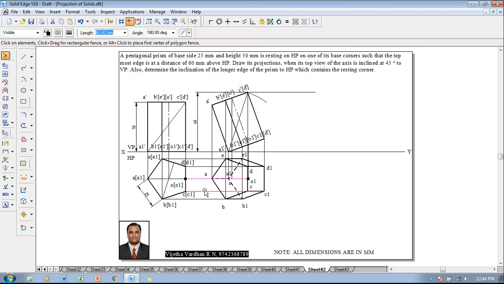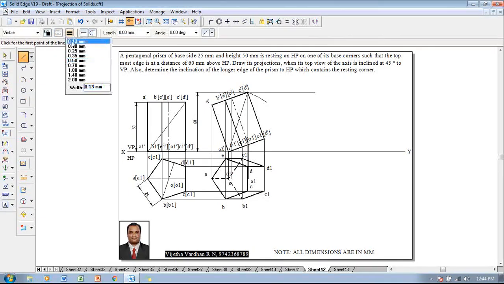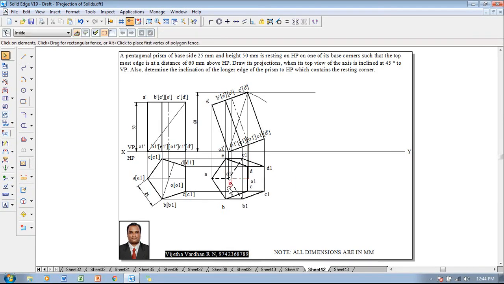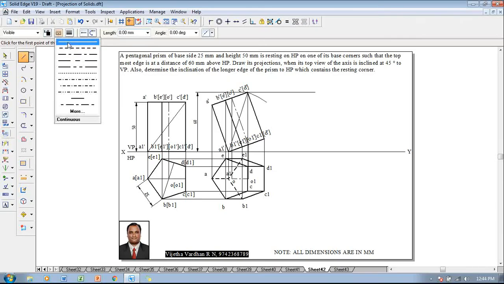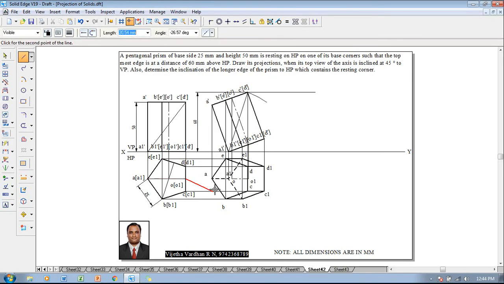Now what I'm going to do, I'm going to just delete this line so that we can represent the axis properly. Now using a chain line with 0.13 as a thickness, whatever the O dash is there, using that line, and whatever the O1 dash is there, using that line, we are going to connect the axis position. Now this portion is going to be O, and this portion is going to be O1. Now one can say that the required top view construction is completed, but we have deleted the line which has to be redrawn. So please don't forget to redraw the line from here to here.